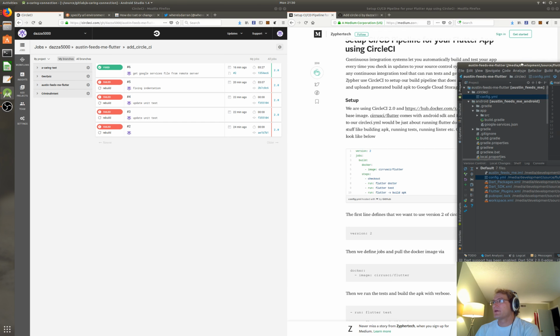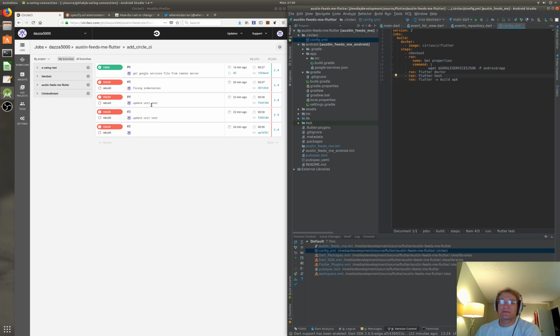I had a few failures. One was because the default Flutter project comes with a unit test, and we had changed our app since then. So I had to modify the unit test to basically do just a simple check. And then once I added the ability to get our Google Services JSON file copied to the correct place, it was able to successfully build, and it took about 3.5 minutes for not really that complex of a project, but